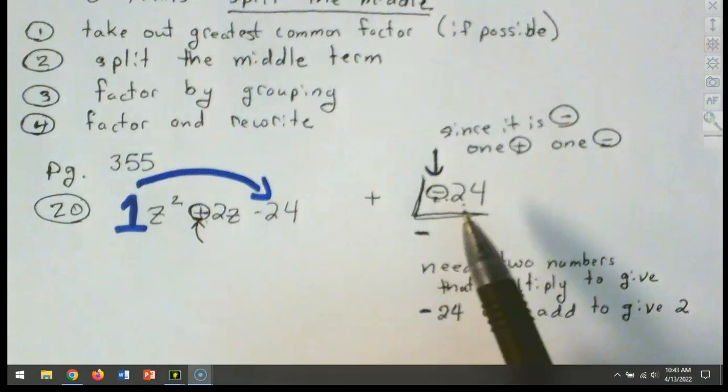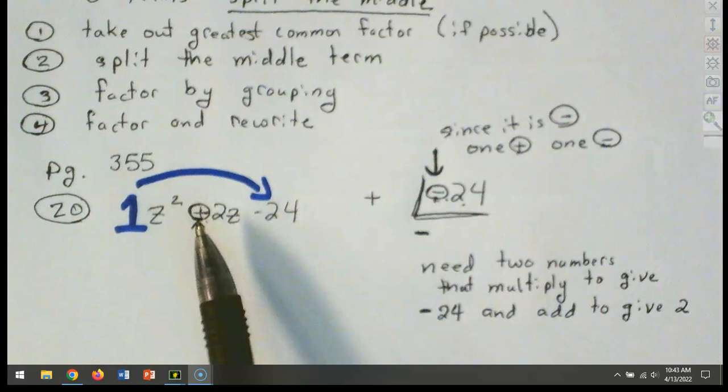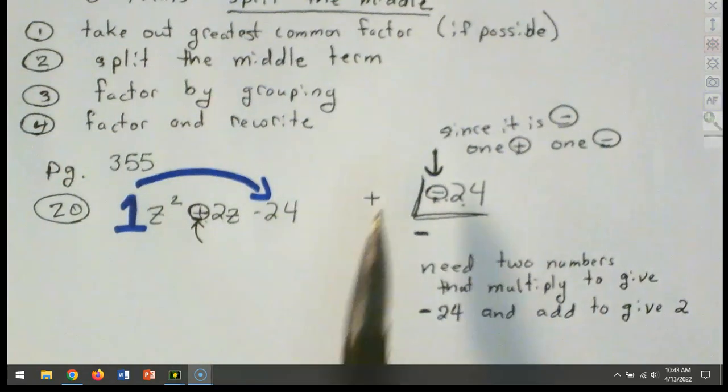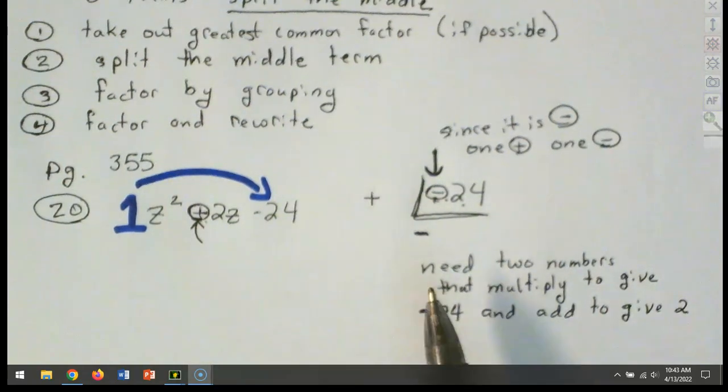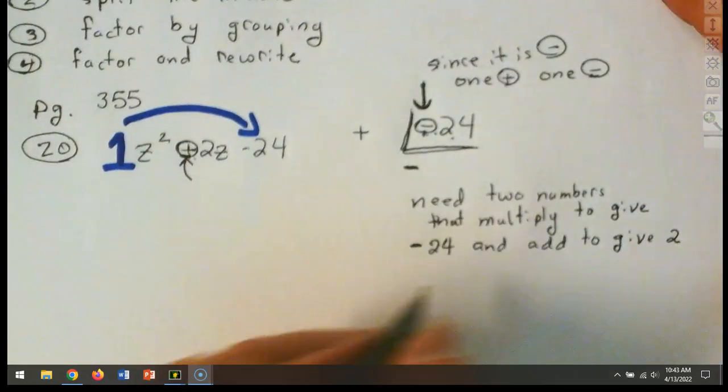Now, we know that this 24 is negative inside the box. So that tells me that one of the numbers is positive, one of the numbers is negative. Larger number is positive because it's in the middle. Now, what two numbers multiply together to give you the negative 24 there, and add together to give you 2? Well, how about positive 6